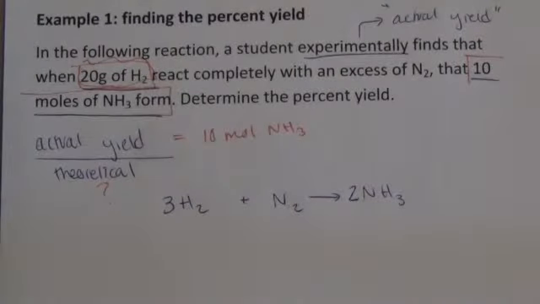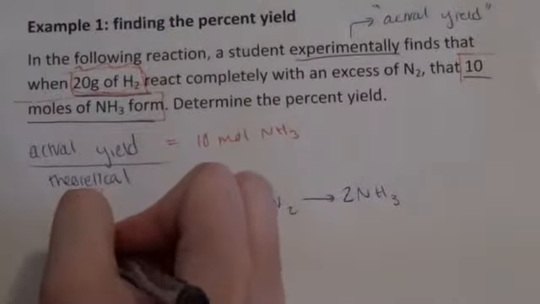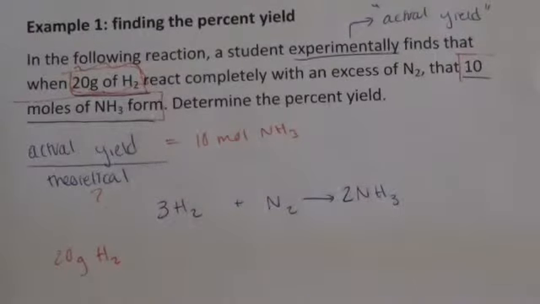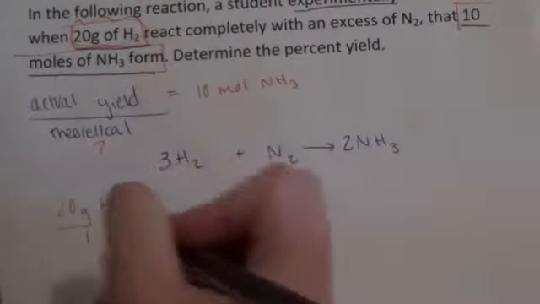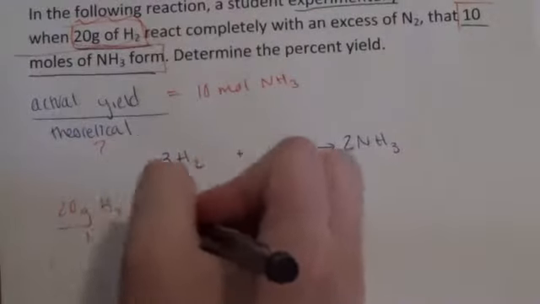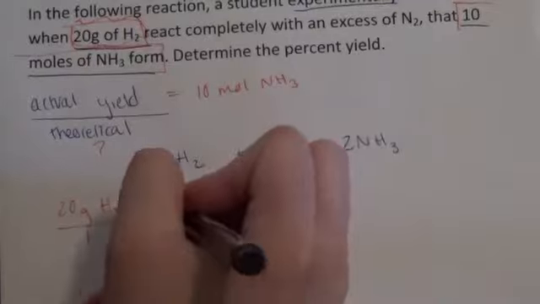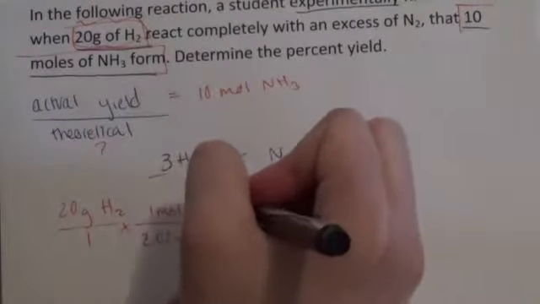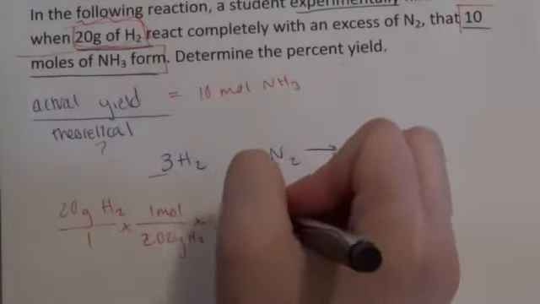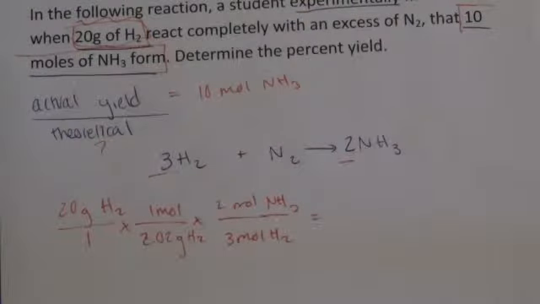Okay, so we're starting with, and this is just from our givens, our 20 grams of H2, and that's just over 1. So back to our stoichiometric calculations, we've got 2.02 grams H2 in 1 mole, and then we come up here, we've got 3 and then 2, so 3 moles H2, 2 moles NH3. We're trying to get moles of NH3, so we stop there, and when we calculate this out,